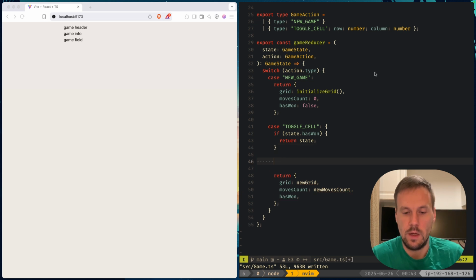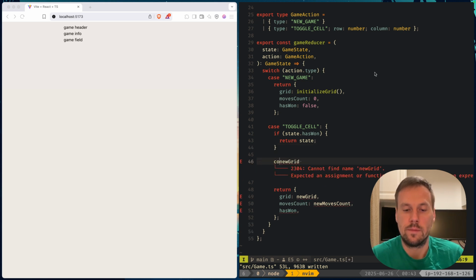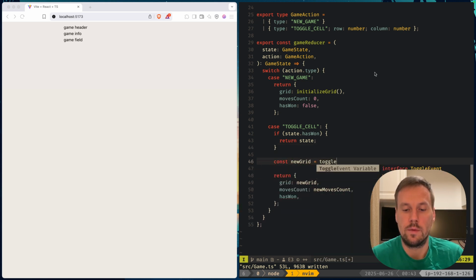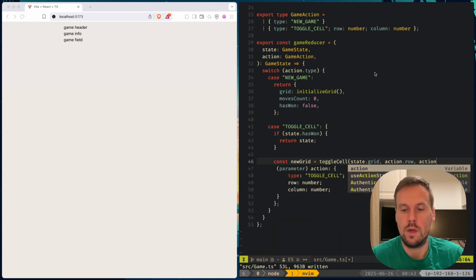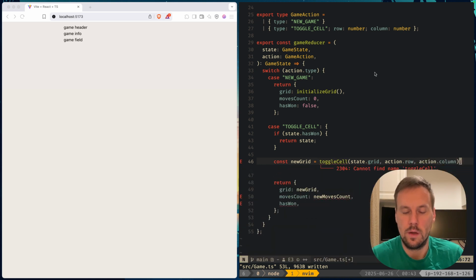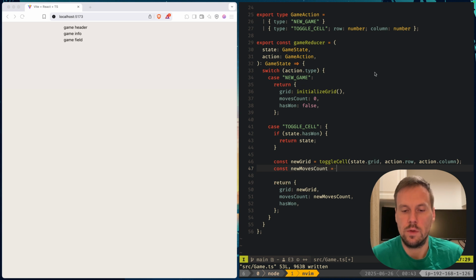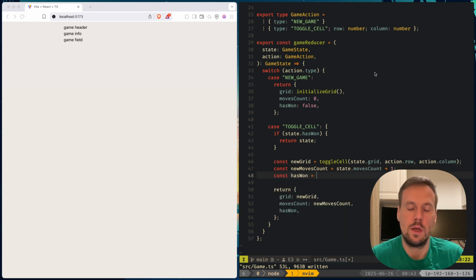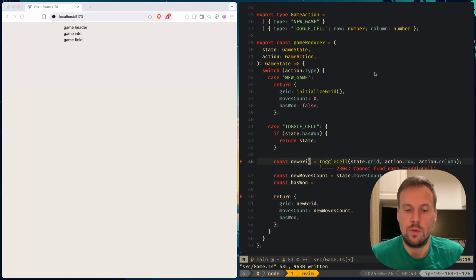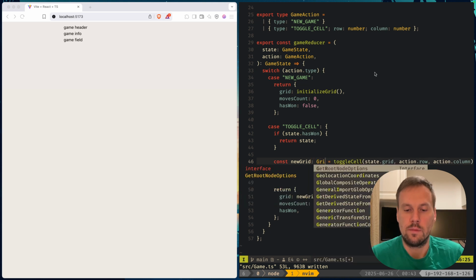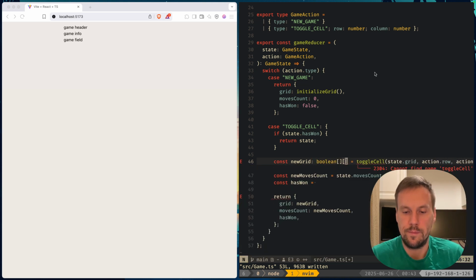Let's see. New grid is going to be toggle cell, given current grid, given action row and action column. New moves count is going to be state moves count plus 1, has won. So new grid will be action of type grid for boolean